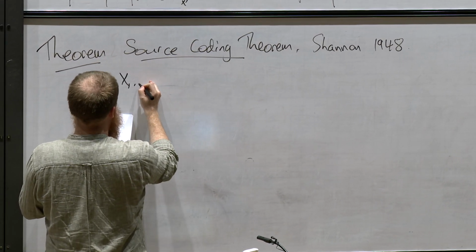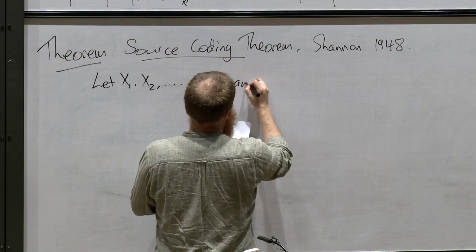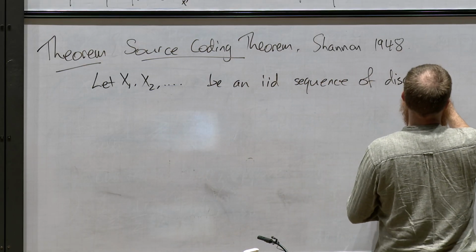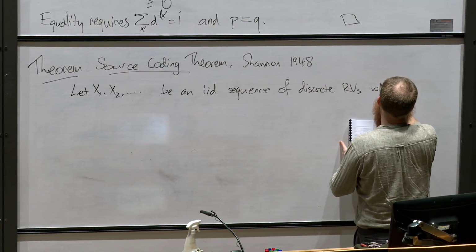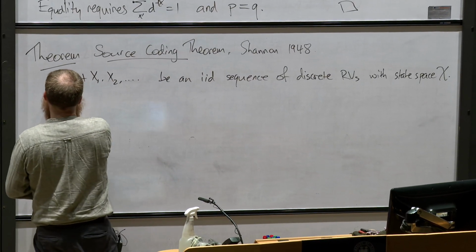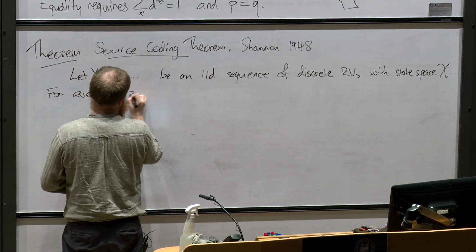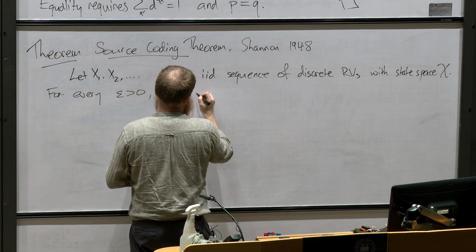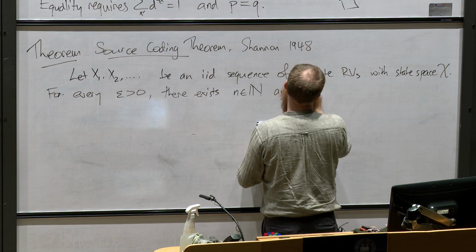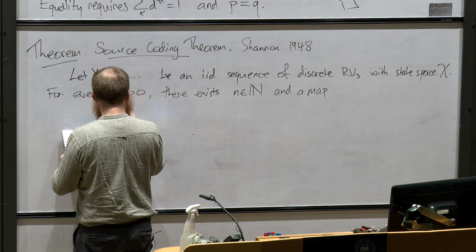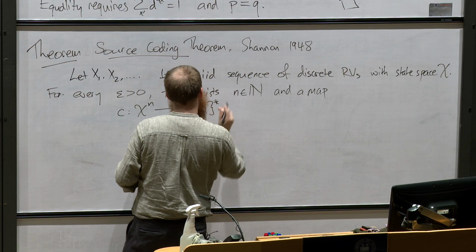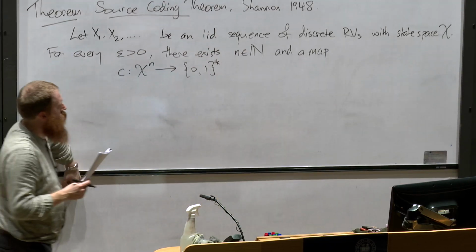Okay, what's Shannon's first theorem say? Let X1, X2, etc. be an IID sequence of discrete random variables with state space X. For every epsilon greater than 0, there exists an integer n, or natural number n, and a map C, which maps X^n to sequences of zeros and ones, such that